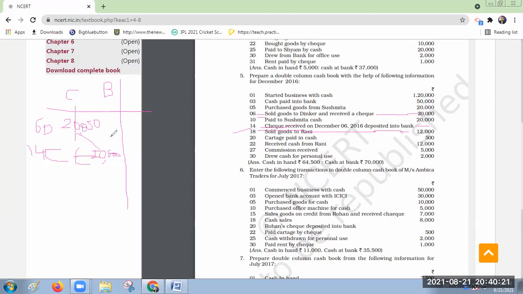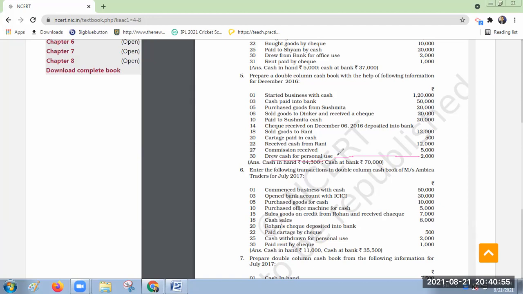Okay, so same transaction, opposite side, credit side. Here you mentioned cash, so in bank you will write bank. Here you wrote bank, so in the cash column you will write the 20,000. In the LF number you will write C. Is it okay? Yes, sir. Okay, next. Is there any doubt next? No, sir. What is this? Is this a contra entry? Yes, sir. No.